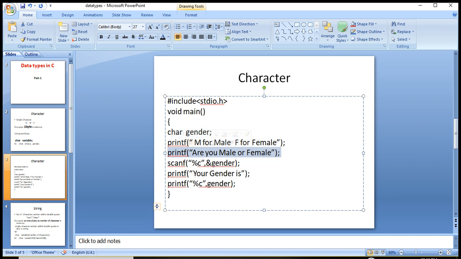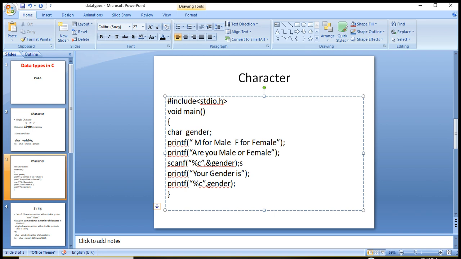And remember, the fflush(stdin) function, it is better to use always after scanf. It is a good approach to use the fflush function after scanf.